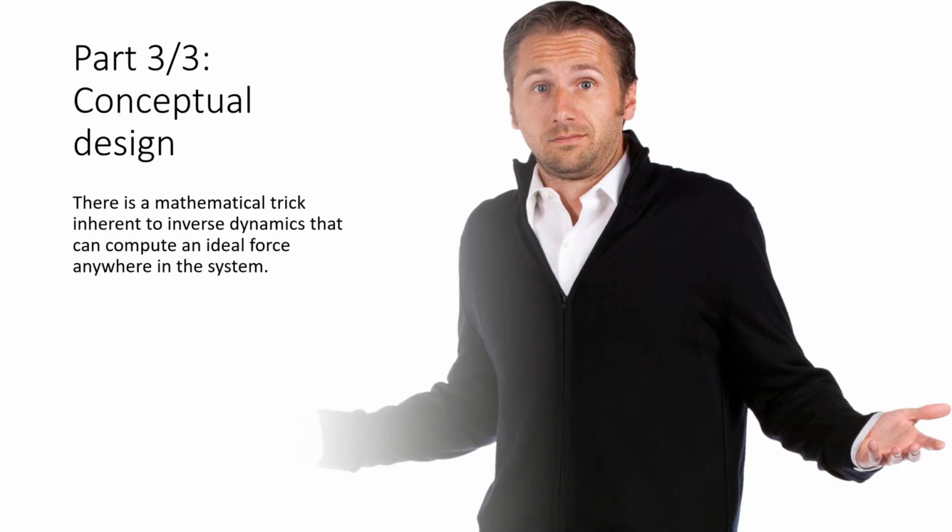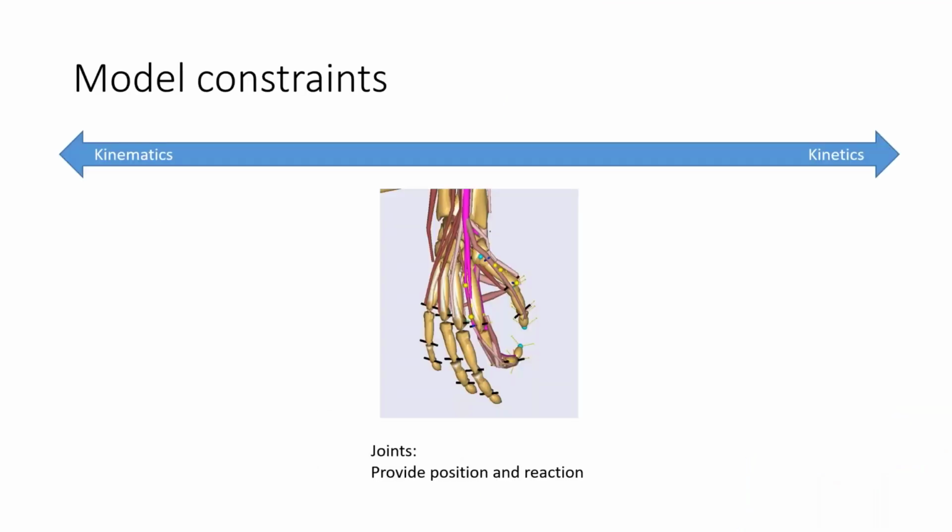And we have to start generating ideas for how we can design the exoskeleton using the output of the analysis. And here comes the part that might be tricky for those of you who have not used AnyBody before. So I'm going to offer a little bit of explanation for what we're going to do now. And I want you to imagine a joint. It could be a joint anywhere in the body. Could be a joint between two bones in the finger, like the ones that are shown here. And then imagine what the joint is doing,